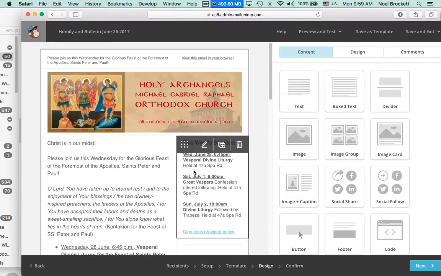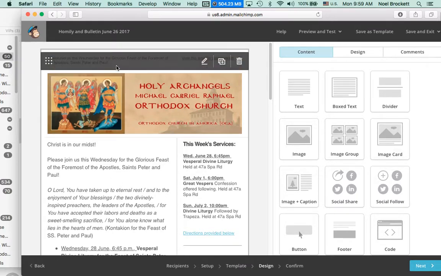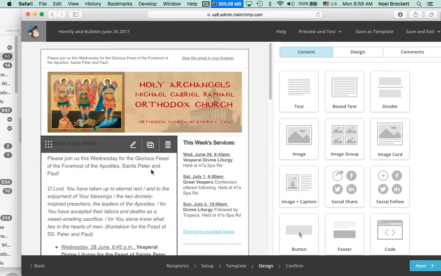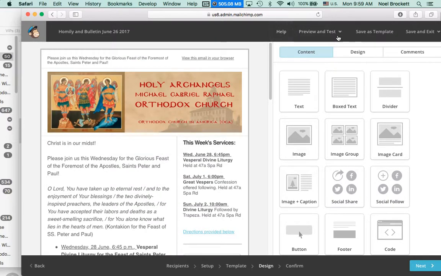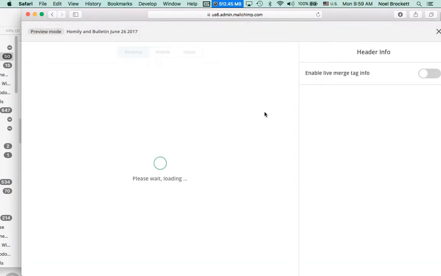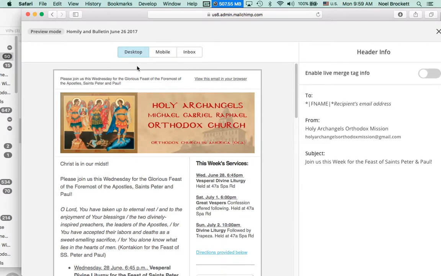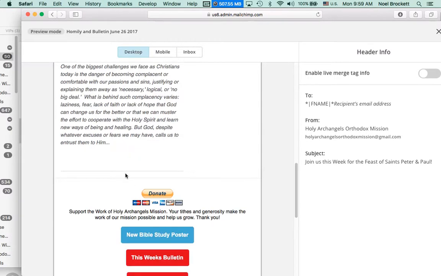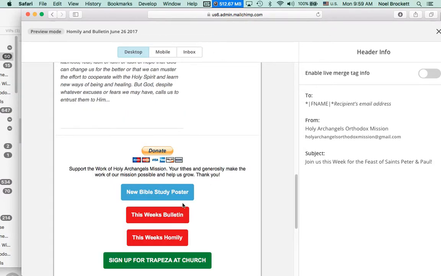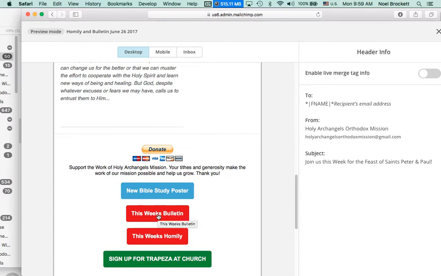So we save and close, and now what we can do, in case you were worried about it, is click up on the top here of this drop down button that says Preview and Test, and click on Enter Preview Mode. It shows you what it's exactly going to look like on a mail client. This is an important step if you're not confident that the links that you made for the bulletin and homily are working. So you would click on that link, and it would open it up,